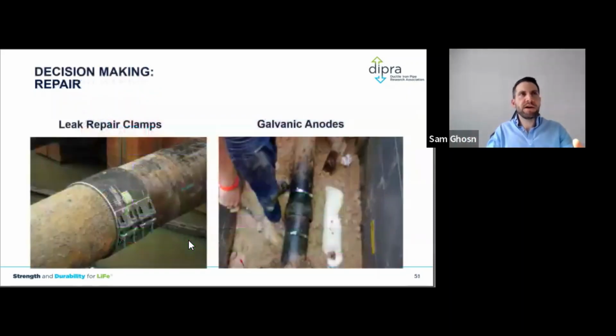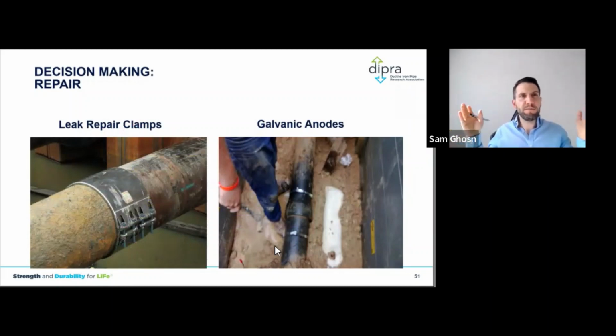For repairs, you may have a local hotspot where corrosion is a local spot in this water main, and that's perfectly fine. You don't have to replace the water main. You go in, put a clamp on that main, and what I always suggest is putting an anode, attach that anode to that pipe, so you could extend the life of that pipe for another 25 to 30 years, just that stick of pipe.